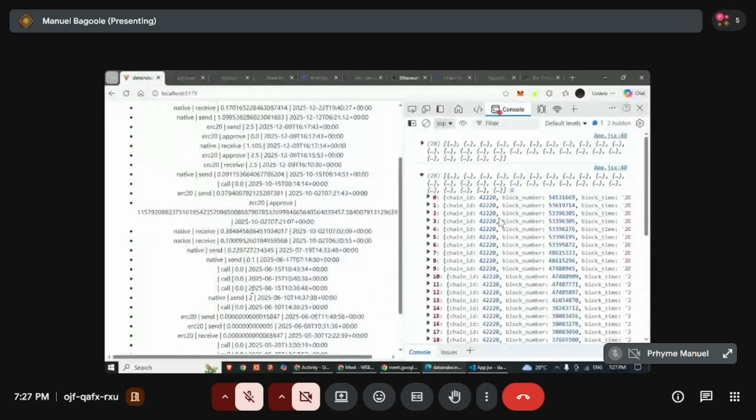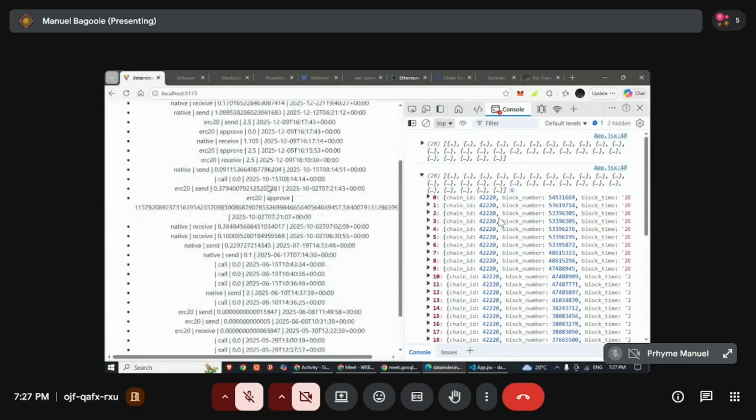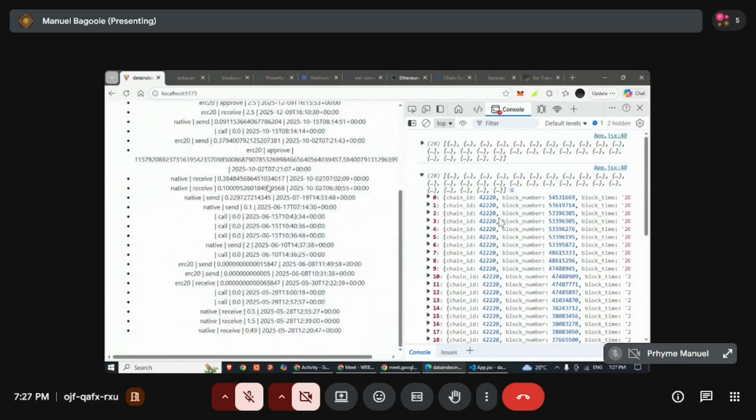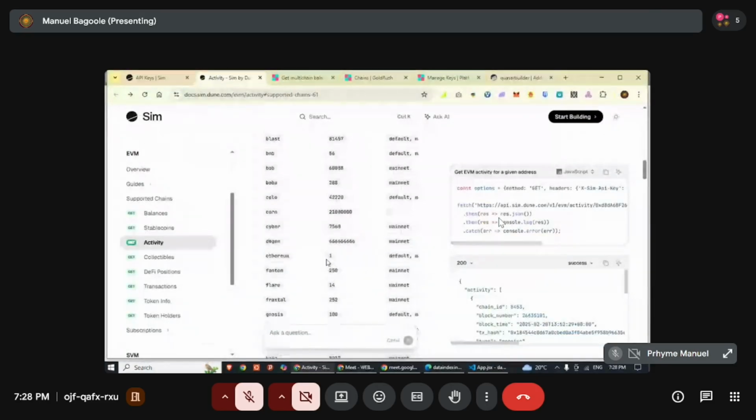or some other token, ERC20 here. Others are contract calls, like this one is a contract call, so there is no value that I was transferring, but you can see all the information is here, and you can get all this information in any other format. Either you want to download it through a CSV, everything is possible, and you can implement that. Maybe let me try,